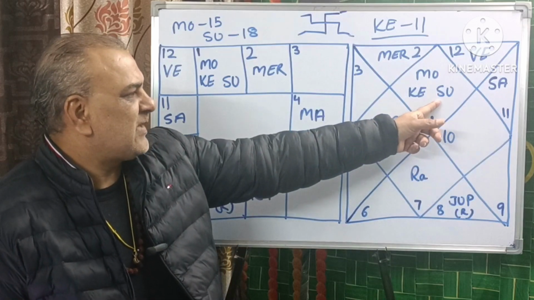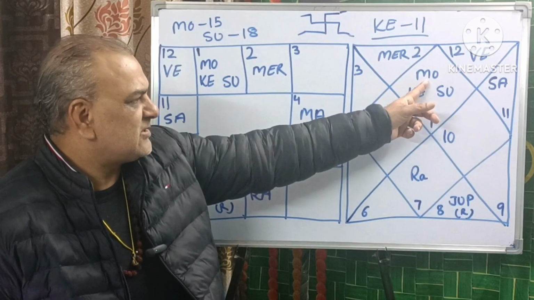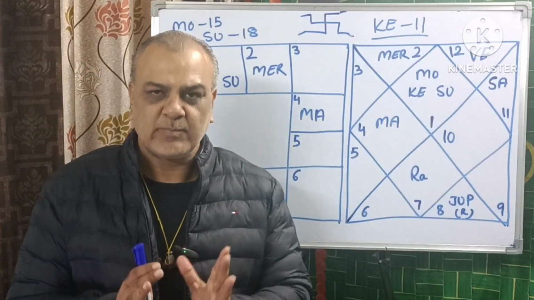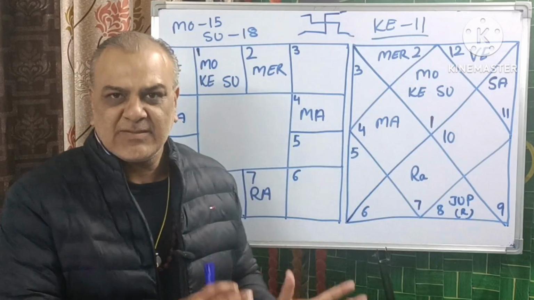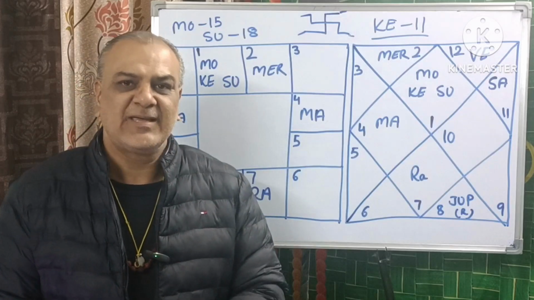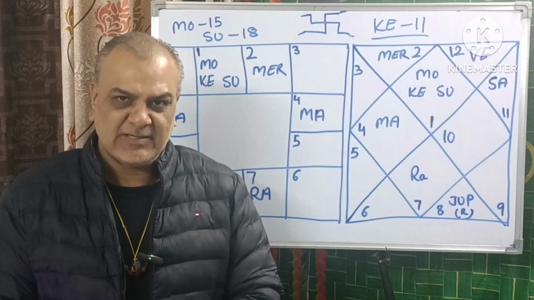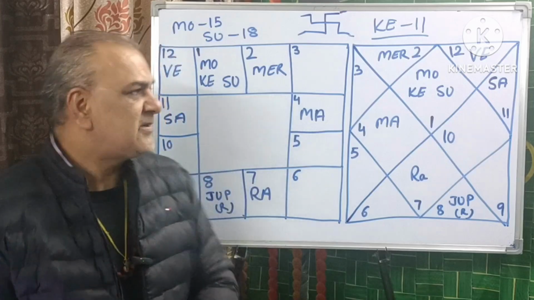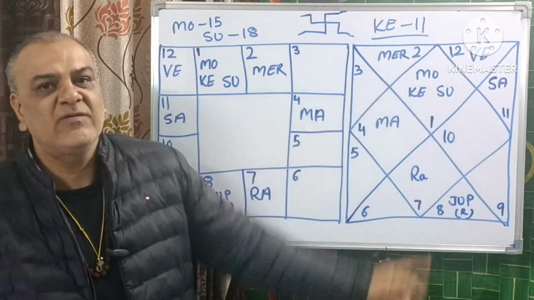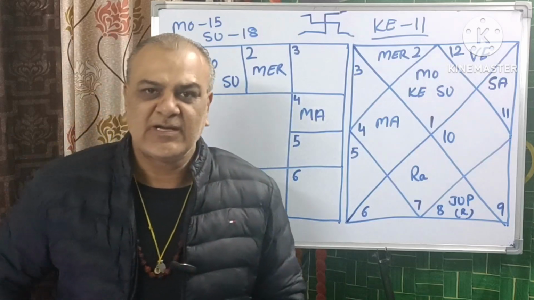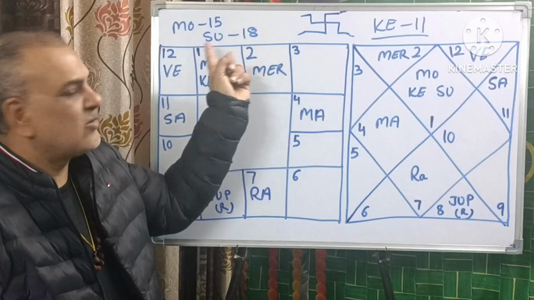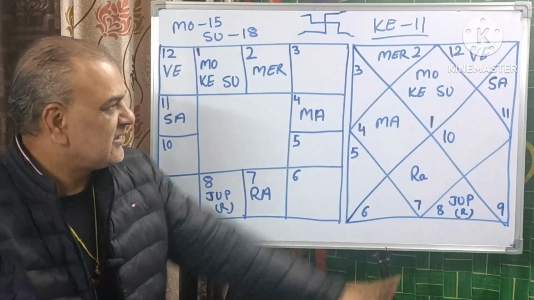Sun is the causative planet of father, Moon is the causative planet of mother, Ketu is a causative planet of problem. So this is a male chart. Because of this combination, both father and the mother had a severe fight. Why did this fight happen? This is because of Mercury, because of a lady friend of father. Why did I take father into consideration? We will take degrees. The role of degrees here is very important.